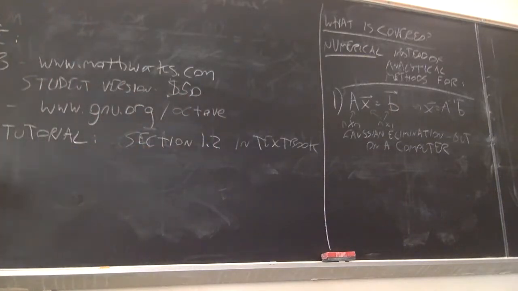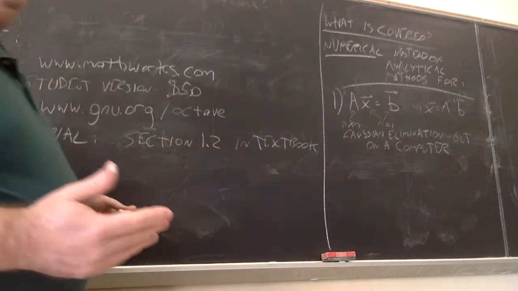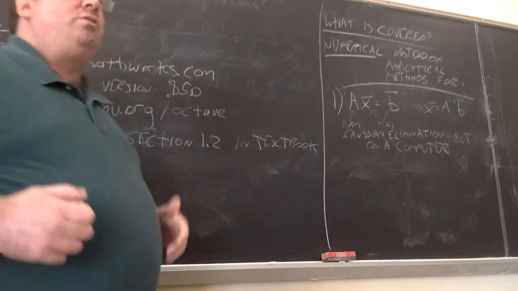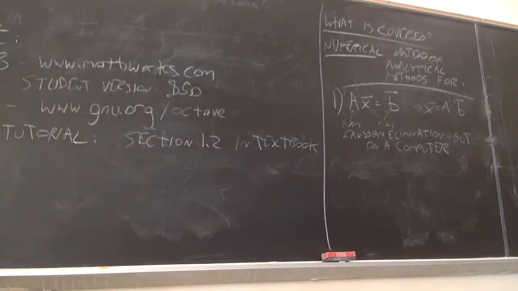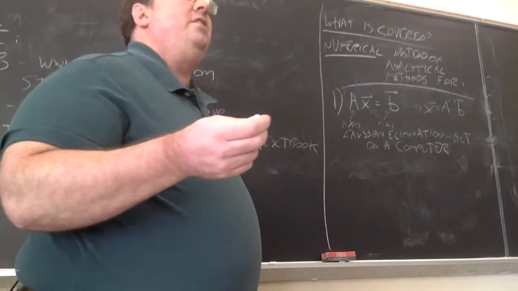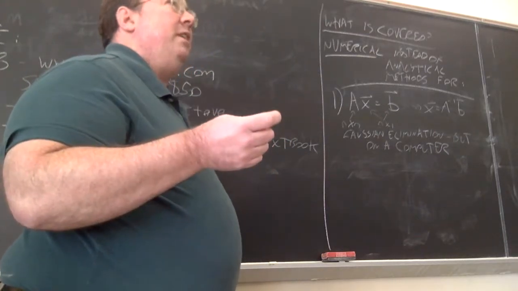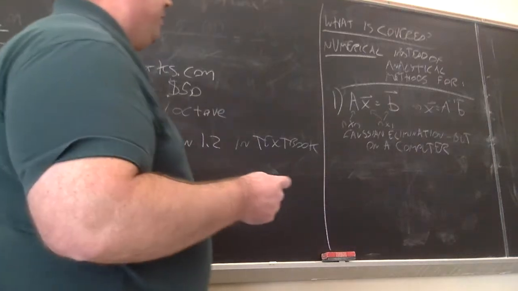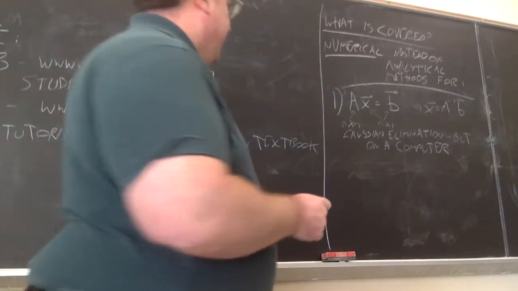So that still applies, but what we're going to find here is when it's a computer doing it, there are other reasons for interchanging rows that on paper would not come up. Again, to try to reduce the overall amount of error. So that's one thing we're going to look at. Also, for certain kinds of matrices, there are variations on these methods that are more efficient. Efficiency is a key criterion for methods that we look at.